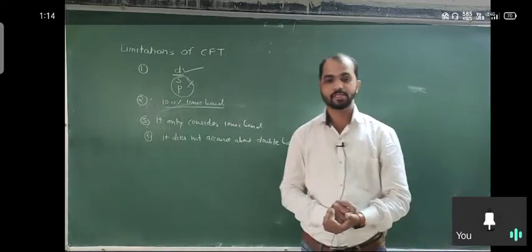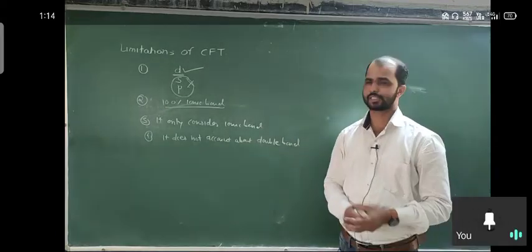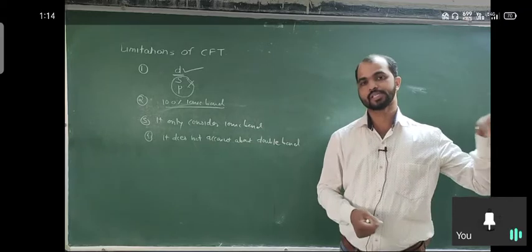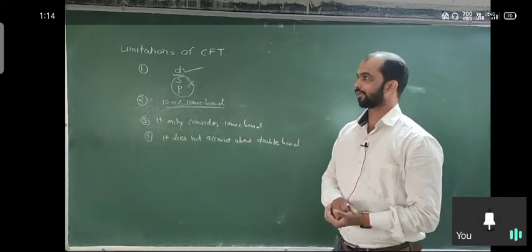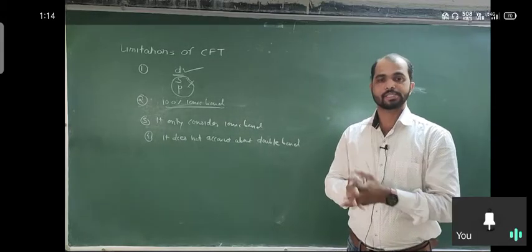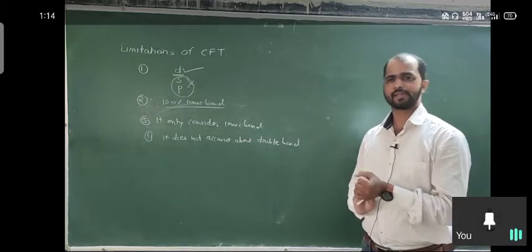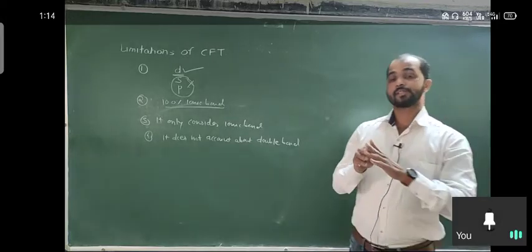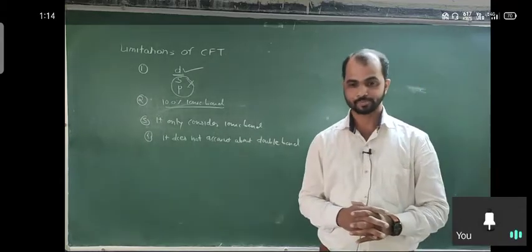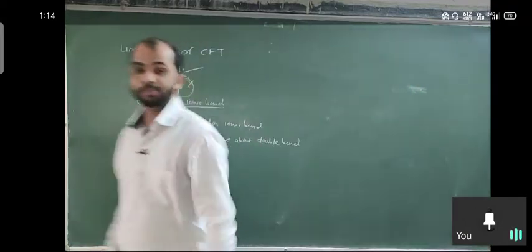And the last one is that it cannot account for back bonding, meaning multiple bonding. How back bonding is possible in a complex is not explained by the CFT. It is very well explained by the VBT. So some points we consider from VBT, some points from the CFT. If we consider all the theories together, we can easily explain the bonding in complexes, and we can easily predict their other properties by gathering the important assumptions of all the theories. Okay, and the last one is that it cannot explain charge transfer spectra and intensity of the absorption.